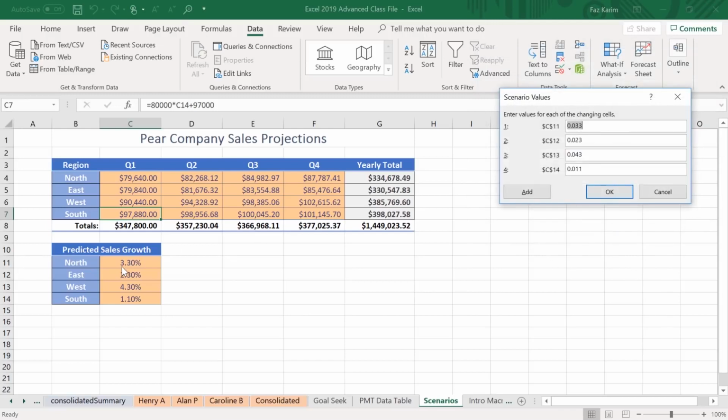And my best case is 3.3. I'm going to go ahead and make that 3.0 for my worst case. My east is 2.30. I'm going to make that 2.0. For my west, I'm just going to go ahead and change that from 4.30 to 4.0. And for my south, I'm just going to go ahead and change that to 1%. All right. Once you've added in your worst case for the predicted cells growth, you can hit